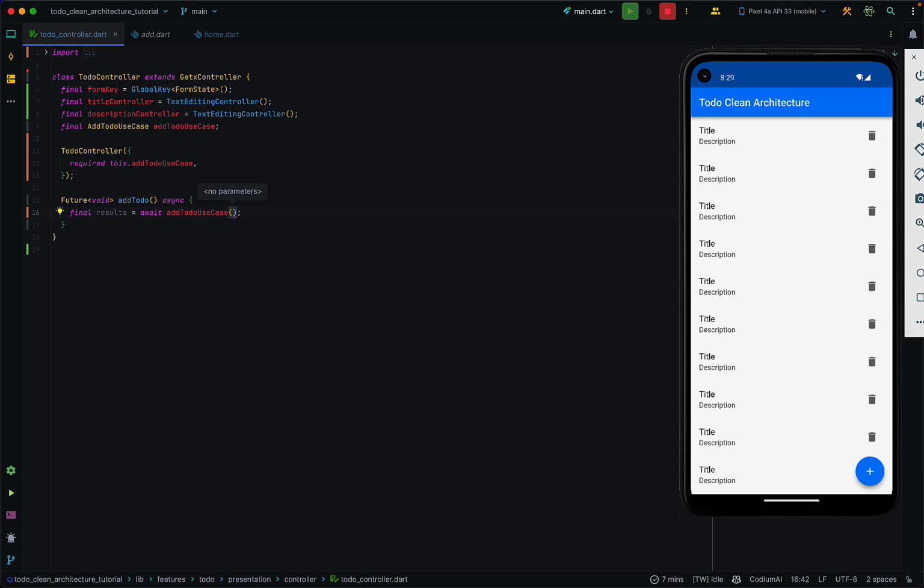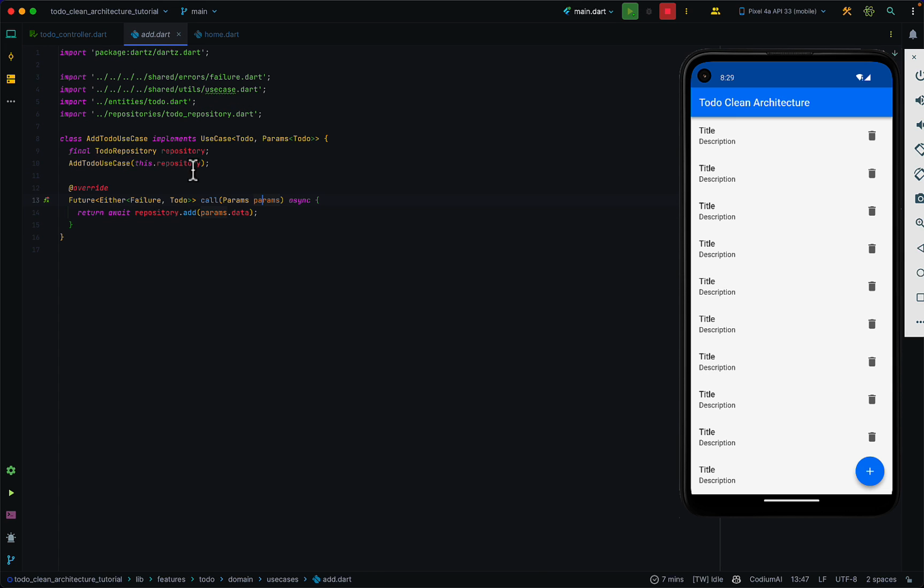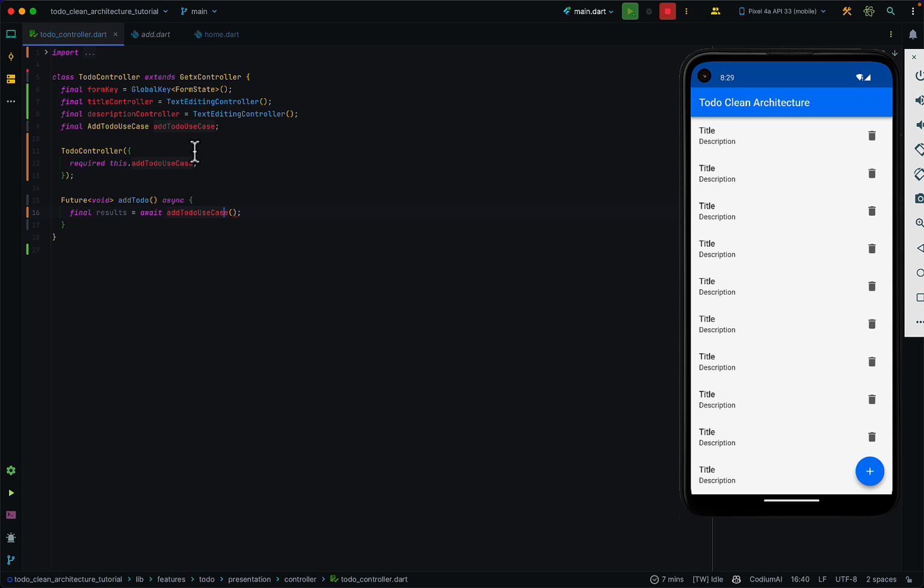So it's the same, either doing add to do use case dot call or just calling the add to do use case method. So that's the benefit of using the name call for the function that we are calling. So we need a params,